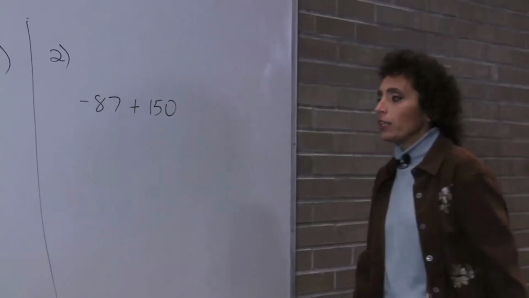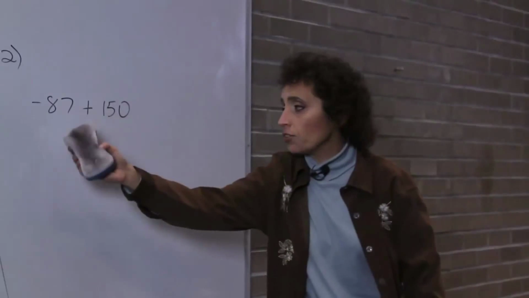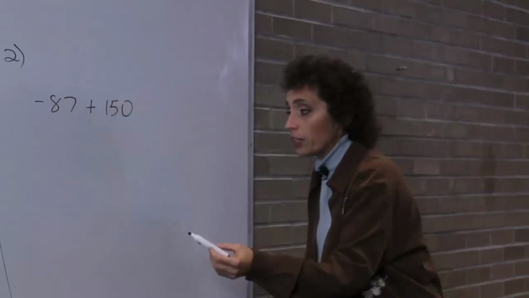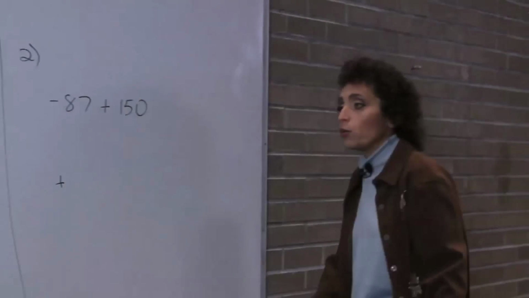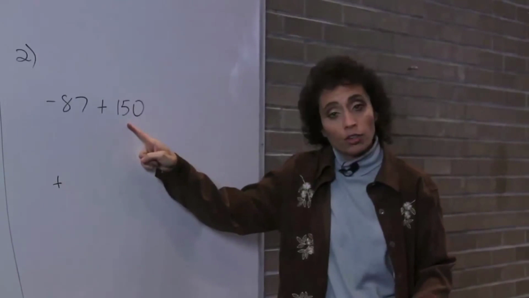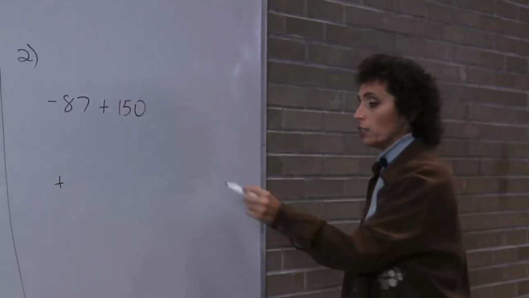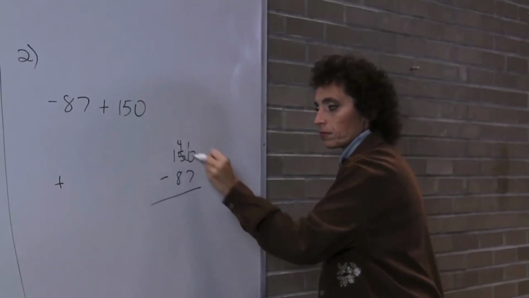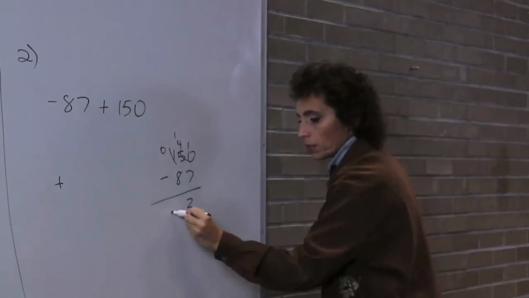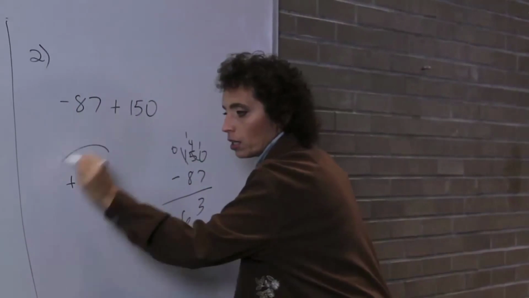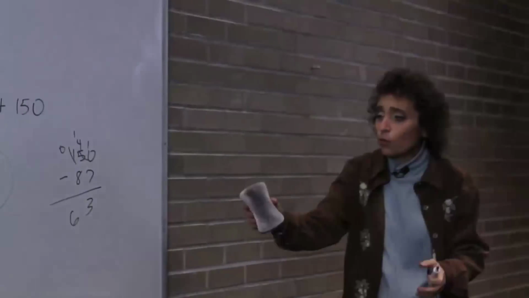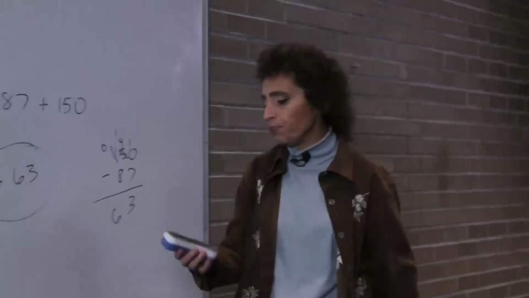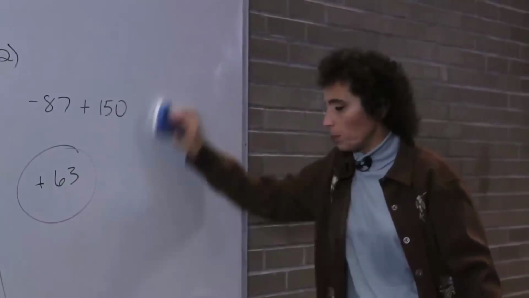Okay, so now let's see what we got. He had a withdrawal of 87, a deposit of 150. Well, he put more money in than he took out, so that's going to be a positive answer. I'm going to write that down right away so I know that. But now, of course, it's not 150 because he took out this much. I have to subtract. So I'm going to do 150 minus 87. That's 63. So now you have $63. And again, I didn't need to write that plus, but it was important for me to deal with the sign first so I didn't mess up the sign. Okay? So let's take a look at number 3.